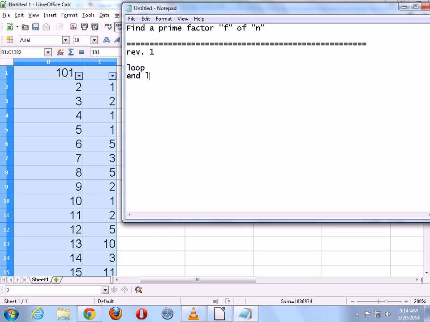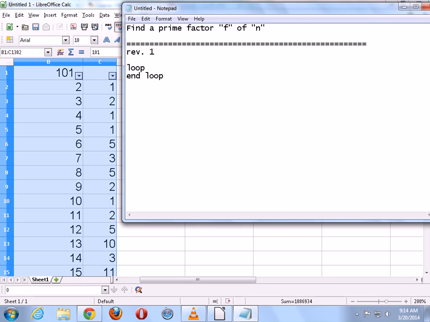So we will just say that it's some kind of a loop. We don't know what kind of loop we want to use. In other words, we don't know eventually whether we want to use a post-checking loop or pre-checking loop. But that is not important at this point, because what I want to do is just identify, is it a loop? Yes, it is. Very good. Do you think this loop will eventually exit? In other words, do we want this loop to eventually exit? Yes. Okay, so we have to specify.